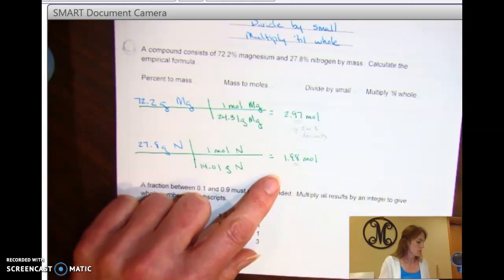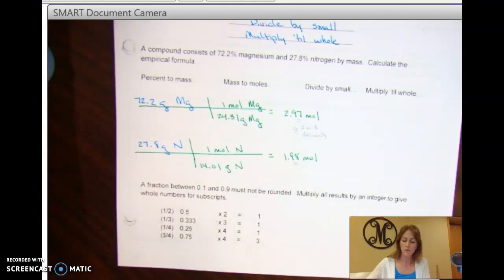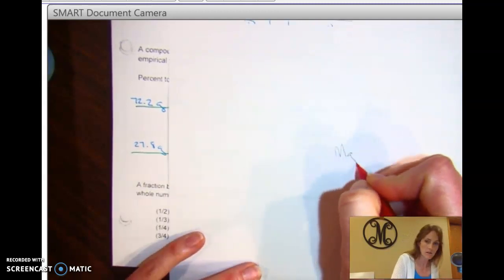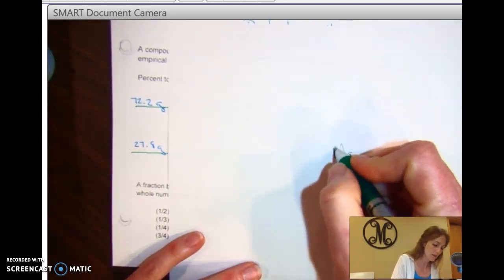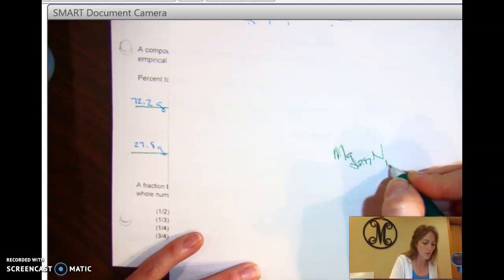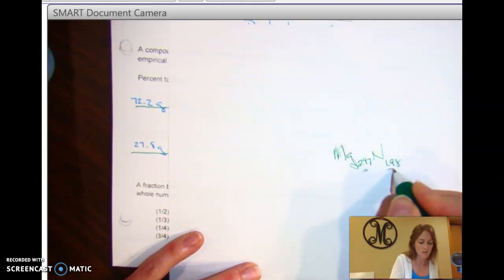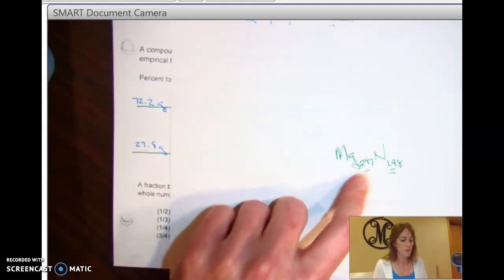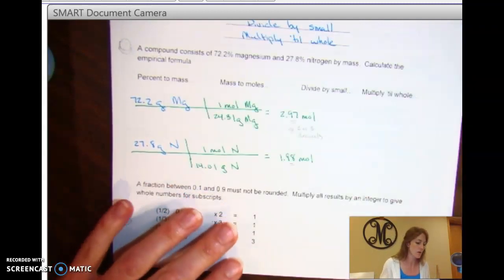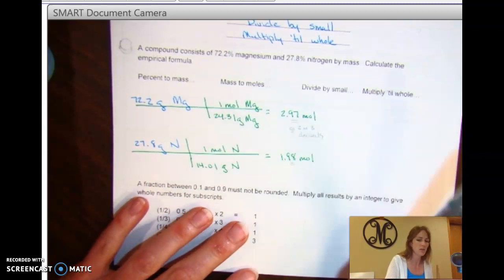Well, you've never seen a formula written like this. I'm going to throw this little piece of paper up here to show you. If I have magnesium, and let me do it in a pen, and nitrogen, we're not going to have 2.97 for every 1.98. You've never seen subscripts with decimals. So we need to, first of all,